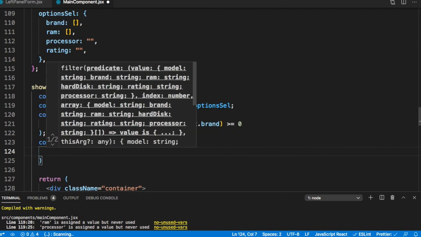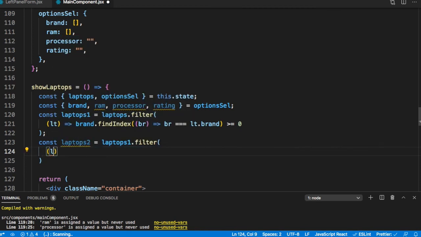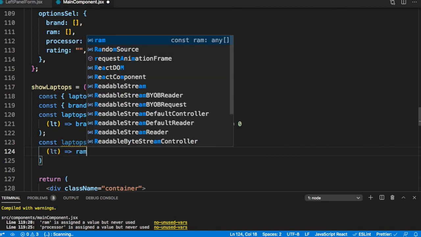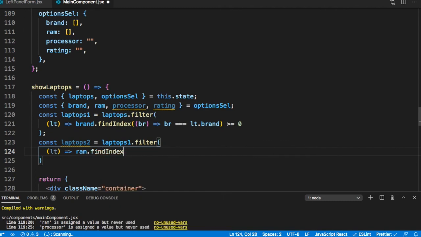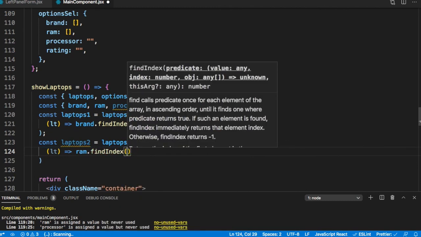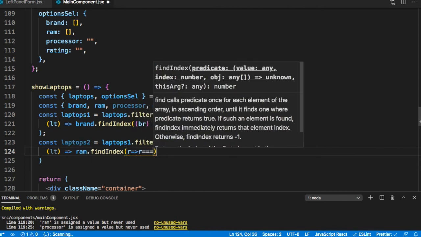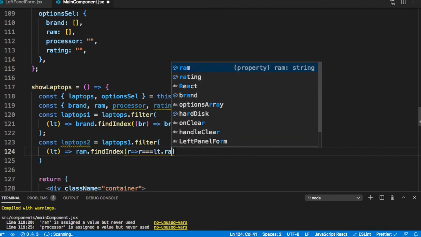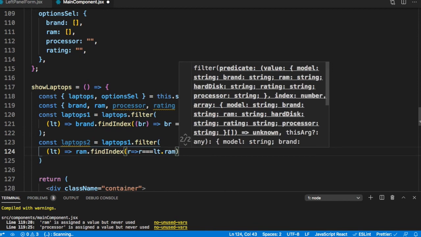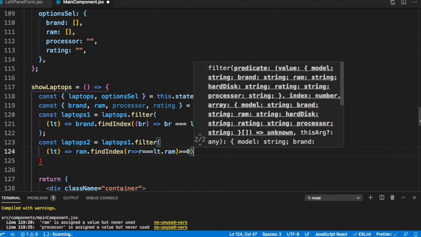Now we are filtering on RAM: lt => RAM.findIndex(r => r === lt.RAM), and this findIndex should be greater than or equal to 0.